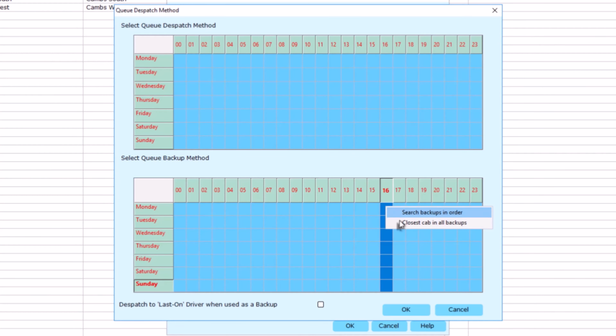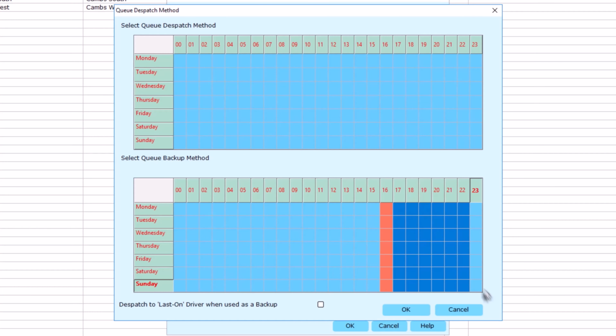Each box in the grid is an hour block, so you can run different methods at different times of the day. For example, to switch at 5 o'clock on a Tuesday, set the boxes up to 16 as one method and 17 onwards as the other. You might run closest cab in all backups through a busy evening for fast pickups, then search backups in order